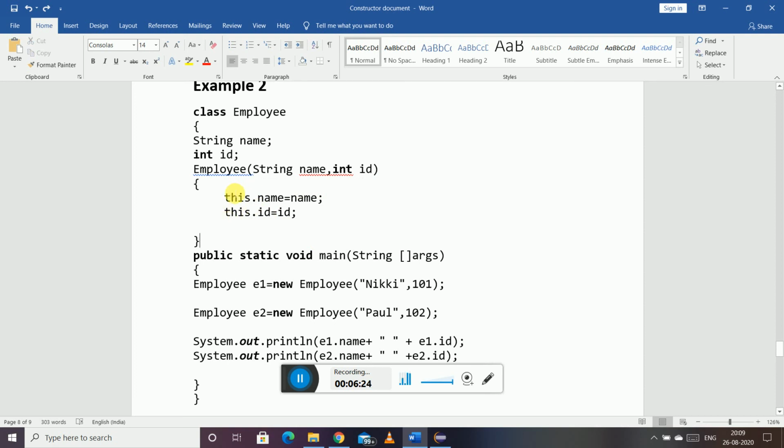So it is very necessary to put this keyword here. That is the reason. Okay, if you are not putting this, then the default values of the instance variables will get stored. These will get treated as the parameters of the constructor, and these will become the instance variables, which we don't want. So this keyword refers to the instance variables of the current class. Hope you have understood whatever I have told.